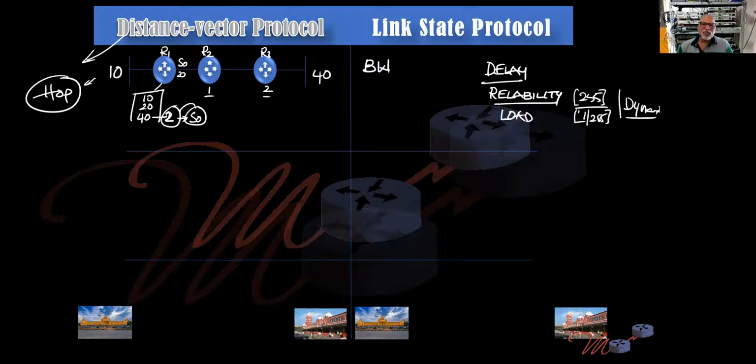That's why most people don't actually consider it, because if you consider it, what happens? Dynamically, your paths will be changing. Suddenly one link load increases, then the path will change; it decreases, the path will change. So generally people don't consider it. Delay, reliability, load. You can also consider MTU, that is maximum transmission unit.